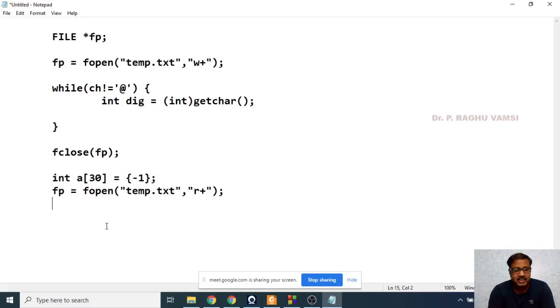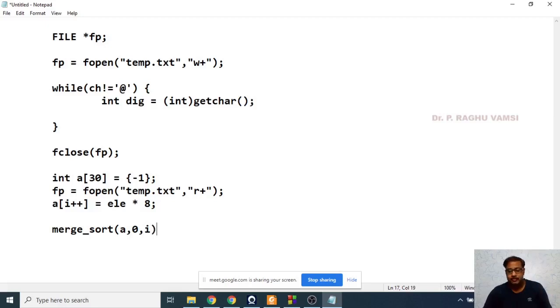Once it is done, you take the help of the merge sort algorithm, the code that you have written, merge sort of a comma 0 comma i. That's all. The merge sort will be done, and print, display a comma i. Obviously it will display the sorted array.